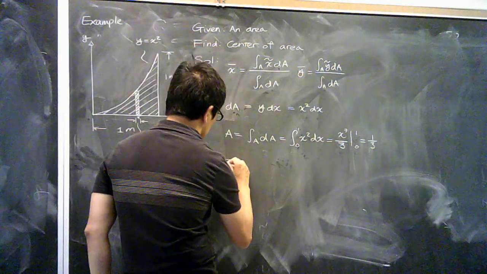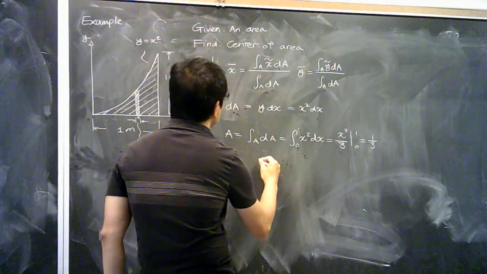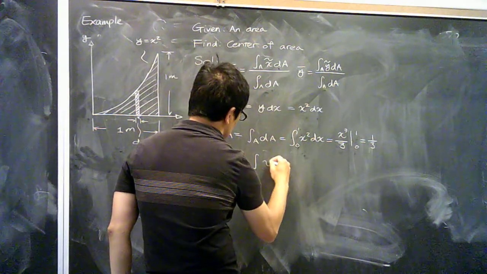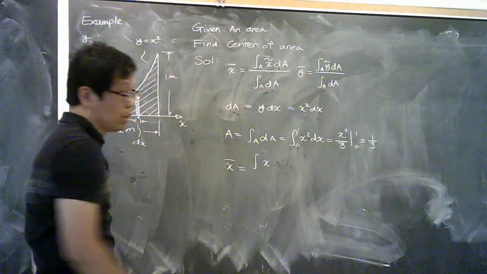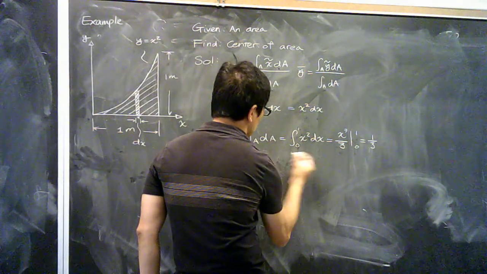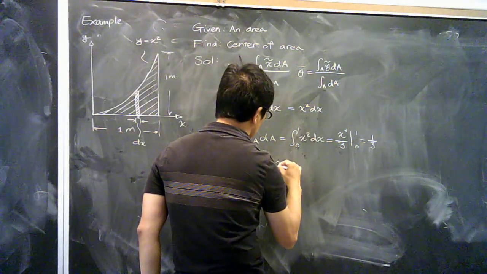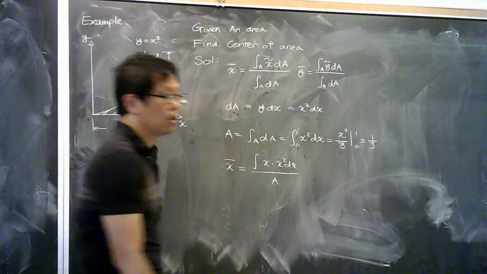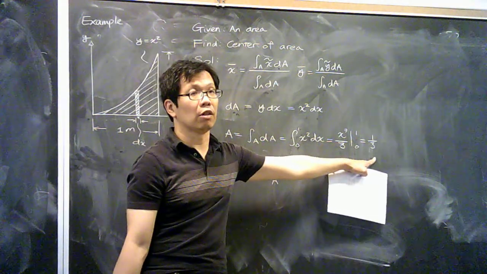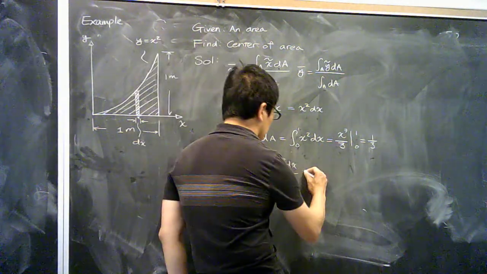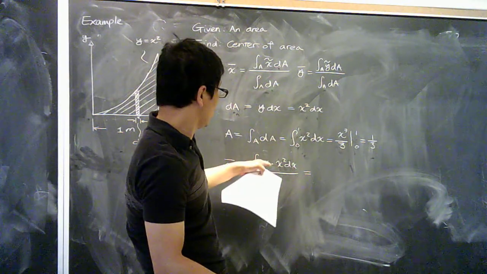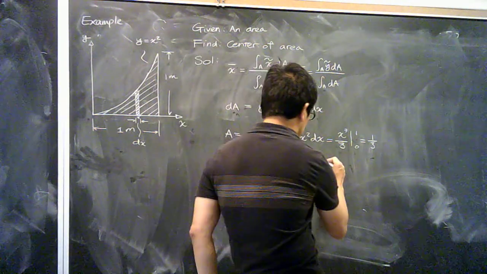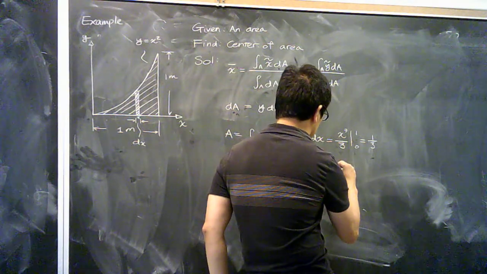Let's deal with x first. It becomes x, the position of this specific area, multiplied by dA. The dA is something we just derived over here, divided by A. A is something we calculated already. So on the numerator part,